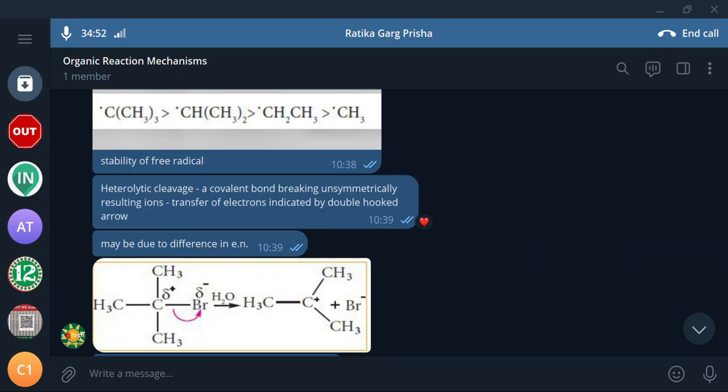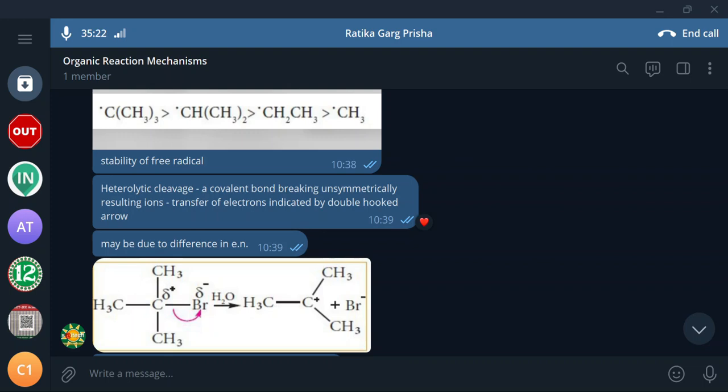Anyway, for common understanding you can use the word breaking. But it is not like breaking a chalk piece; it is something like an overlapping between the respective orbitals of two electrons. Right, so in heterolytic cleavage the covalent bond is divided